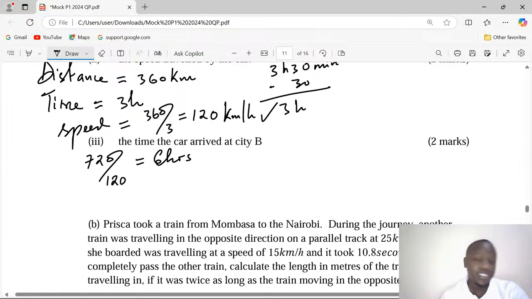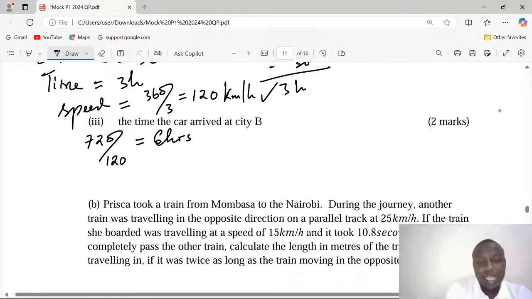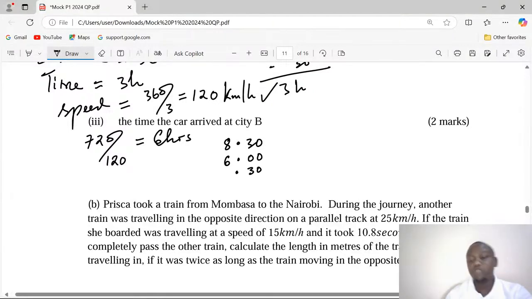So it's supposed to take 6 hours, and the car began at 8:30. So when we add the 6 hours of traveling, we should also add another 30 minutes of stoppage, because that will be time taken. So 6 hours, it will strictly be moving, but now it will waste another 30 minutes stoppage. So this is going to be 00 because of 60. We carry 1 hour, and this will be